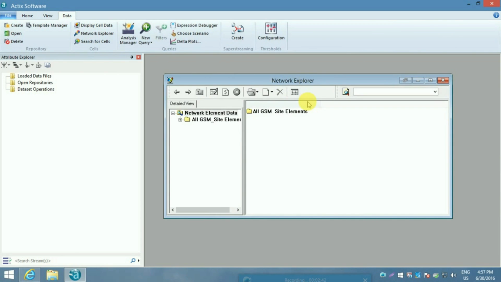Then the next thing we need to do is import the cell site data into the software. For that we need to open the Network Explorer from the data tab.